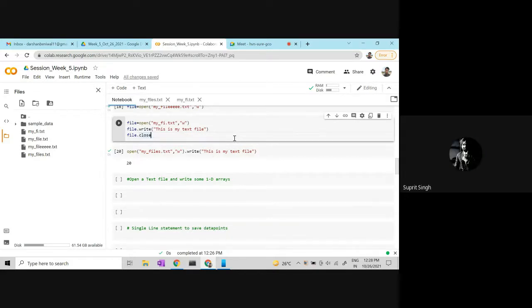Okay. Open. What does open do? Open is a pointer. Yes. It points to the path to the file. Open it as a write type, and then make it into an object. That object name is called file here, or whatever you want to call it, A, which is to be operated upon. Whatever operations you do.